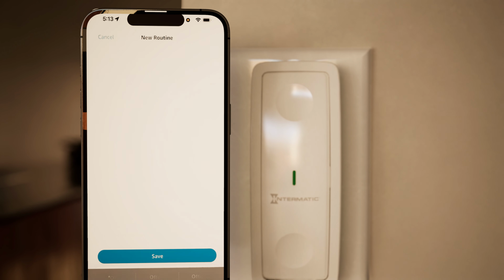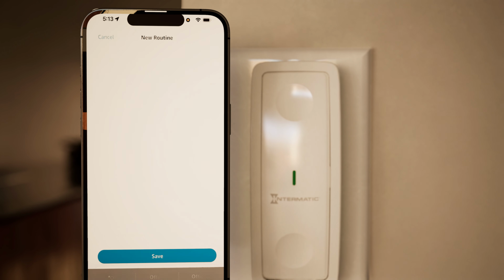Now choose Smart Home and tap on Plugs. Select the Abra Smart Plug Gateway and press Next. Now select On and then Next. Now, when the top button of the Abra surface switch is pressed once, the family room lights will all turn on, and so will the stereo that's plugged into the smart plug gateway. To save, tap Finish. Programming scenes is just as easy.